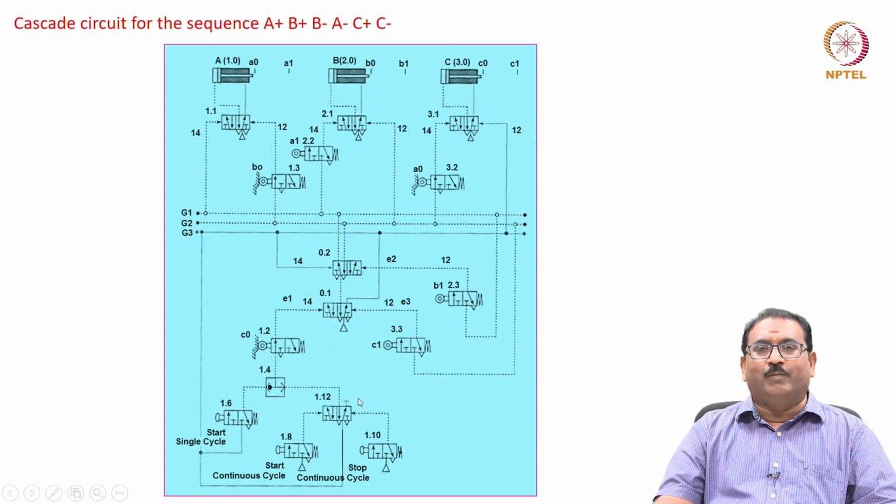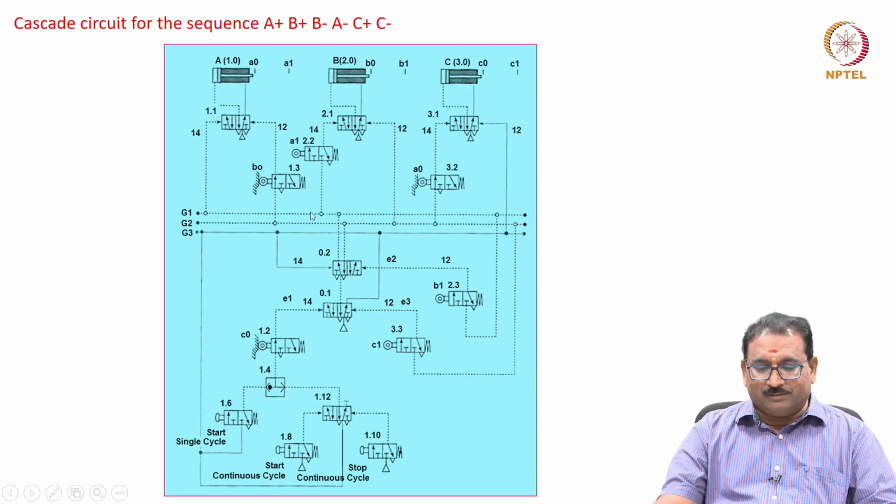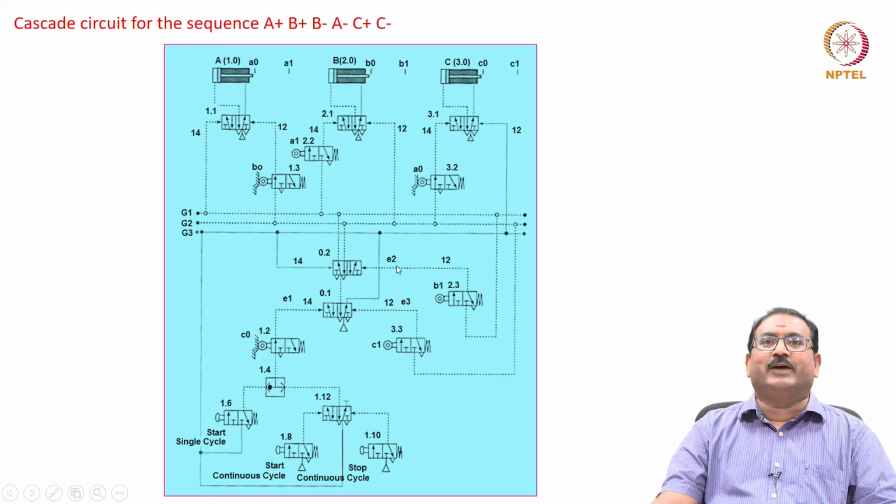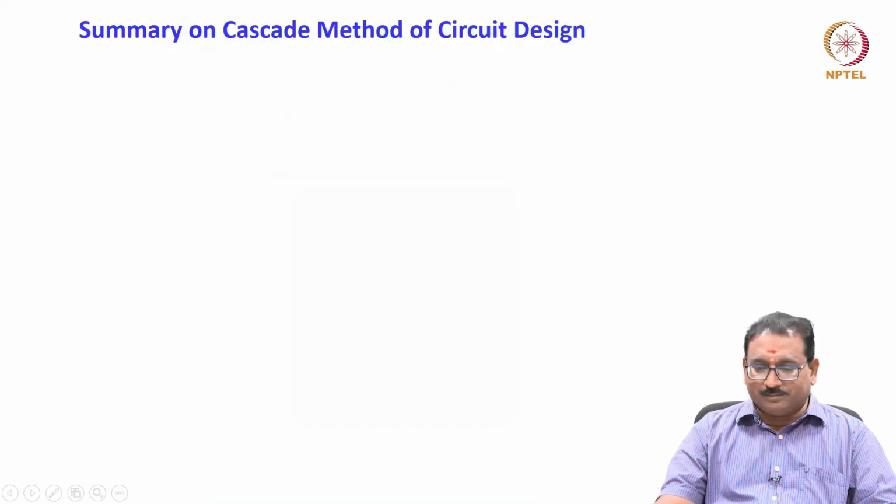You can use as many valves as you want, but at any instant of time, for example, 1.1 of 14 is connected to G1, and the others in the other group. It should not be in the same group. Similarly here, correct? You will try to analyze this circuit again. It is very easy. As I have explained in the previous stamping operation, it is the same way.